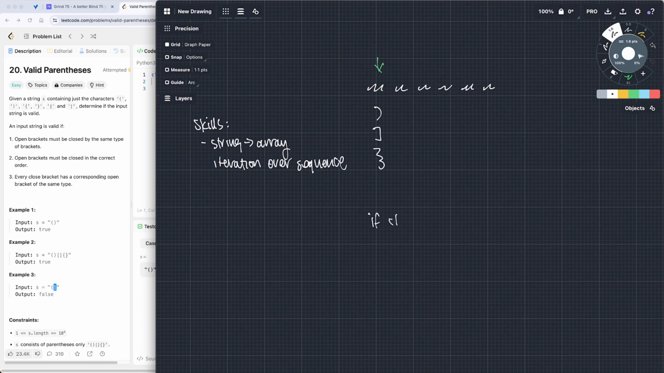If it's a closing bracket, I'm going to use the word parens to refer to all these. If it's closing parens, we have to check that it's valid. And what does a check of it being valid mean? It means that it is closing something that happened in the past. And this is where the stack comes in. In the stack, we're going to put